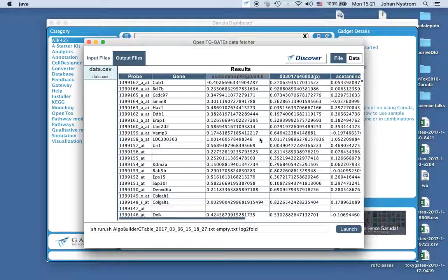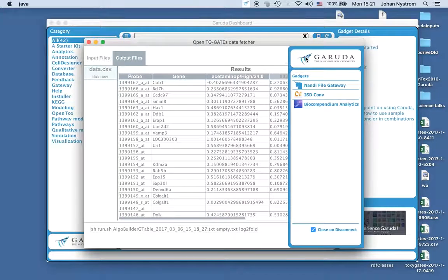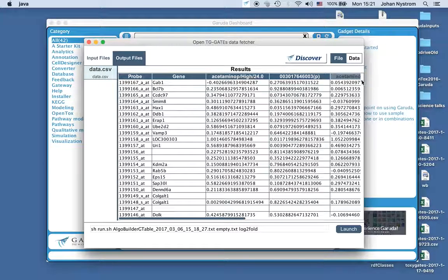Now this table can be exported as before by clicking Discover and selecting the NAND file gateway, and that is a file discovery. Another thing you can do is, in this table we can filter by p-value, and the way to do that is in the lower part of the screen, where it says sh run sh algo gbuilder table and so on. At the end we can type a number such as 0.01, and that will be the p-value limit, and then we will only get those genes that have this p-value or smaller. I type that and I click Launch,